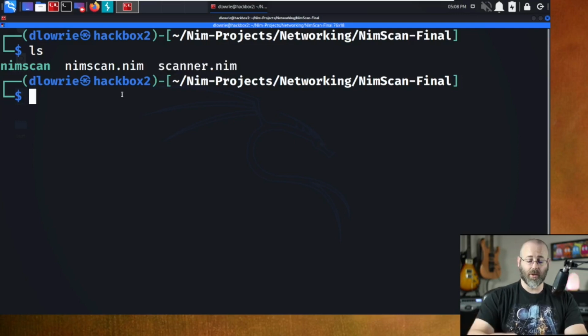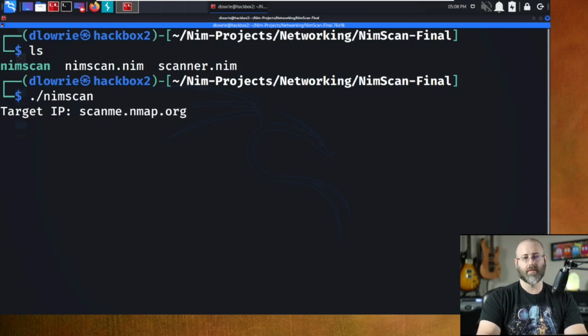So how does this thing work? Well, let's start off with the demo, right? Start at the end and work our way back around. So if I fire it off, NimScan can work in one of 2 ways. I can just do NimScan like this. It does say target IP, but host names work as well. I probably need to change that. So I can put something like